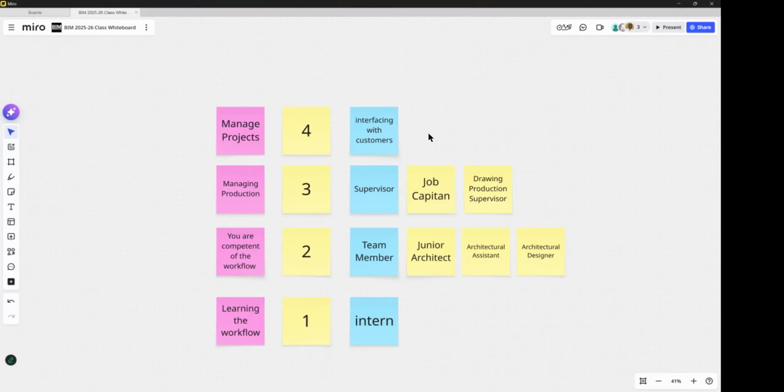Right, you're interfacing with customers. And most places call this a project manager. Some places would call it, what else would they call it?